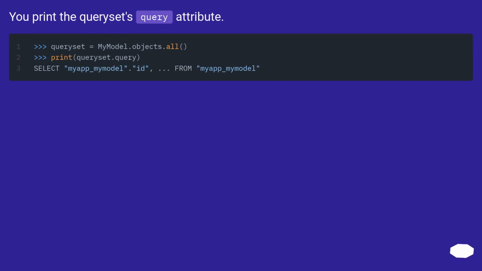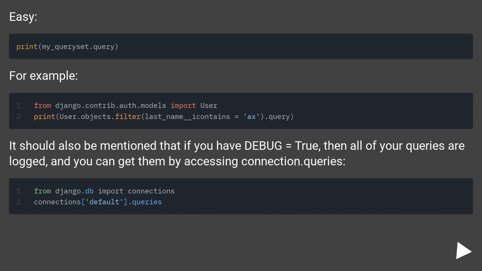You print the QuerySet's query attribute. Easy. For example,